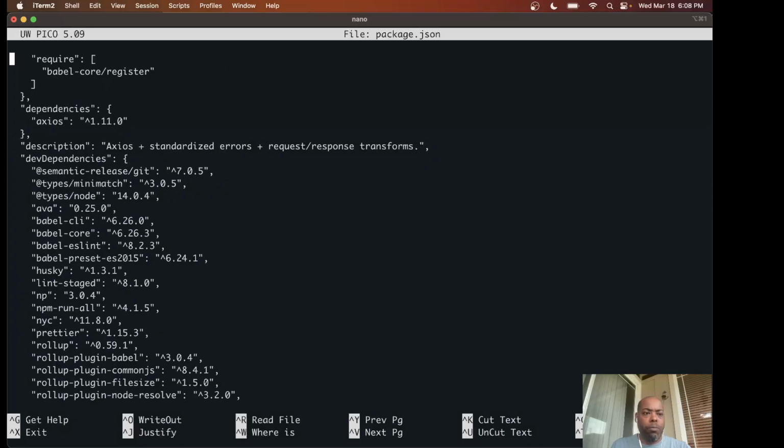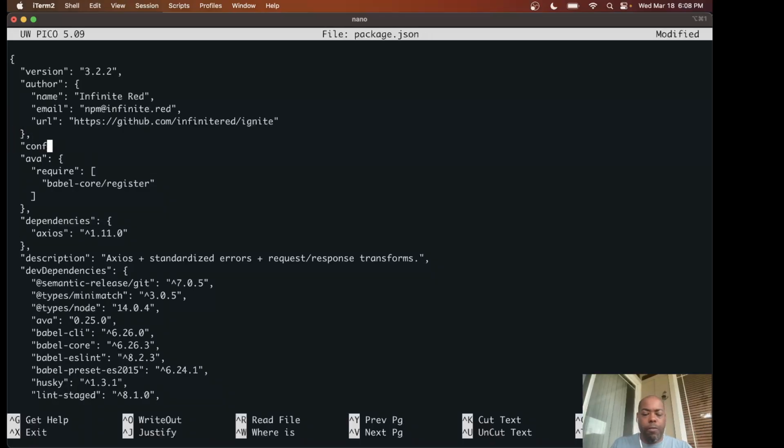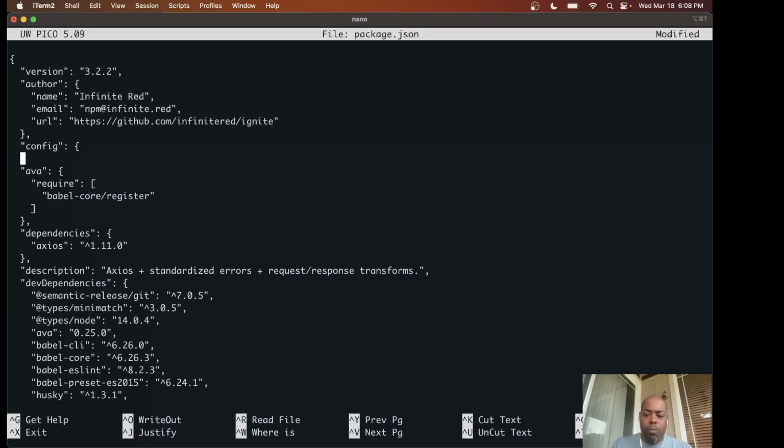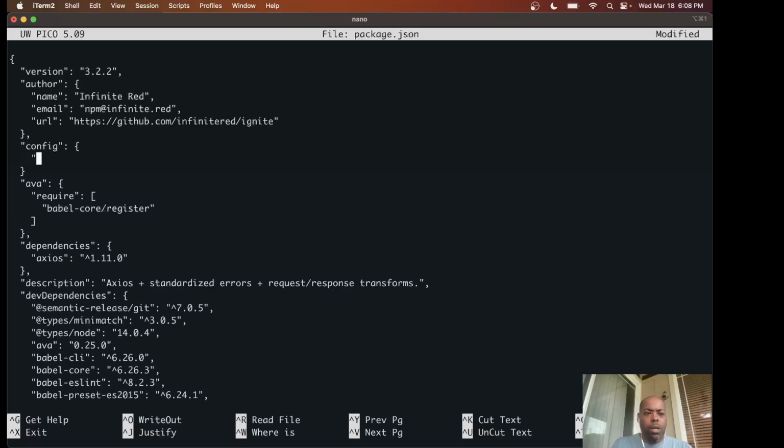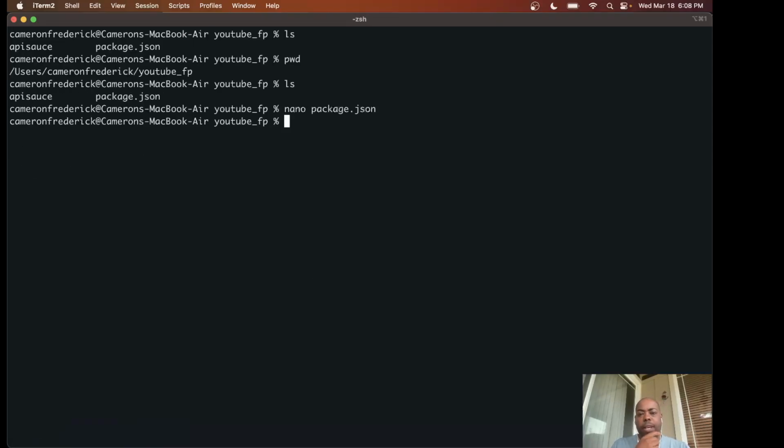Okay. And this is a good place to add it right here. Config. And then, what was it? Config and then app name like this. And then we'll just do API sauce just to have something different. And then we'll add that so it's not complaining and yelling at us. Save that, and